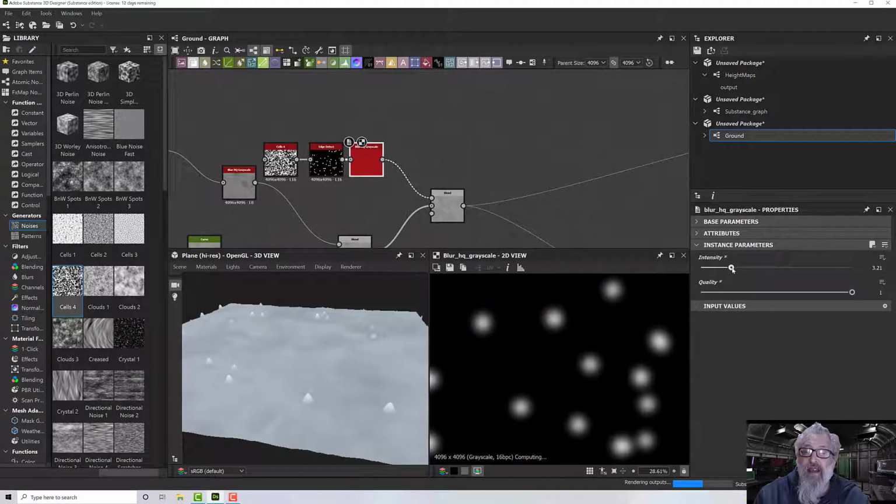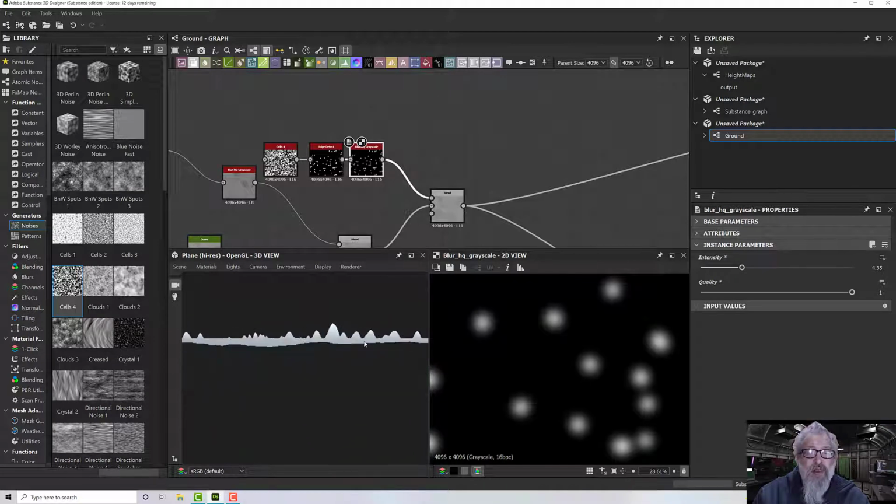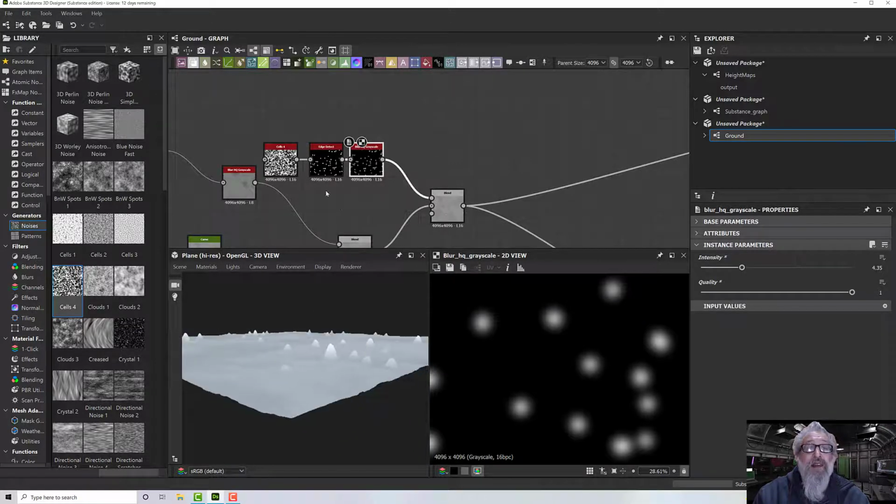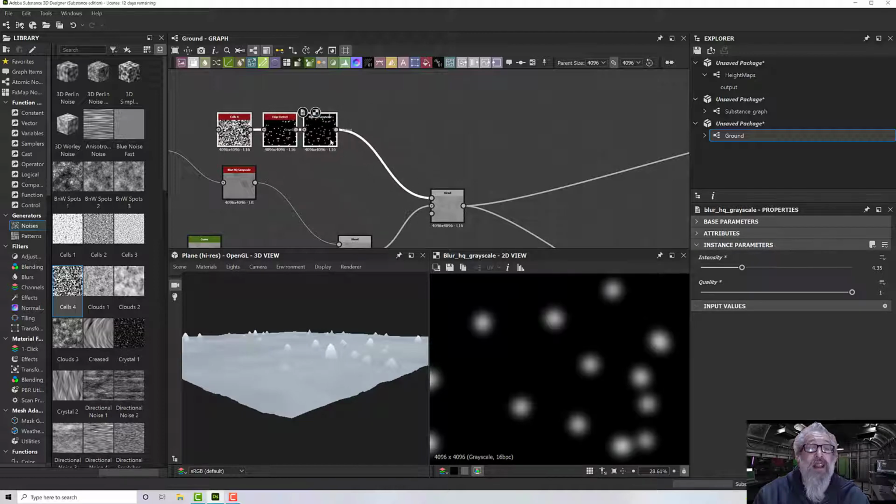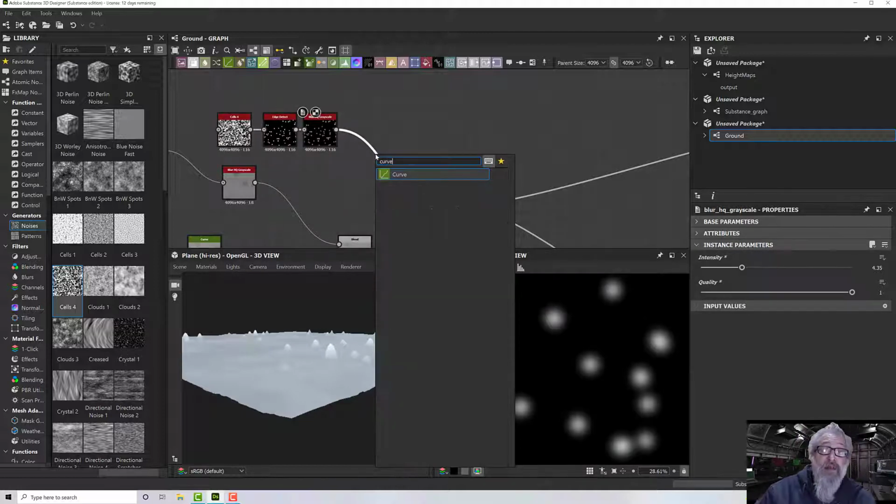I'm going to take my values down, and that by nature is going to reduce the amounts of whites, and I'm just going to take it down until it gets close. So they're still too pointy, so perhaps now we need a levels or a curves to bring that down. I'm going to use curves,